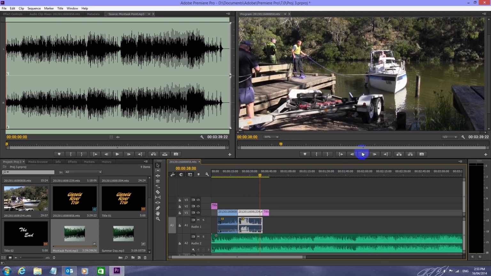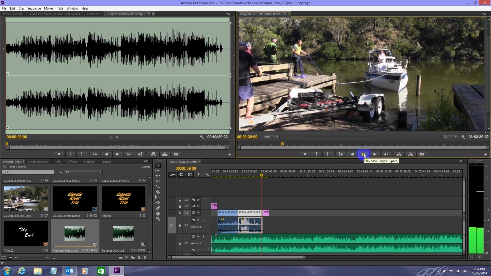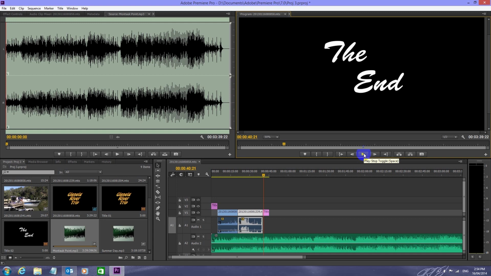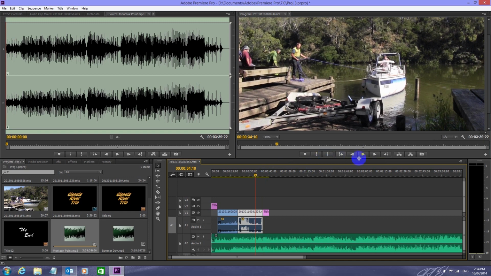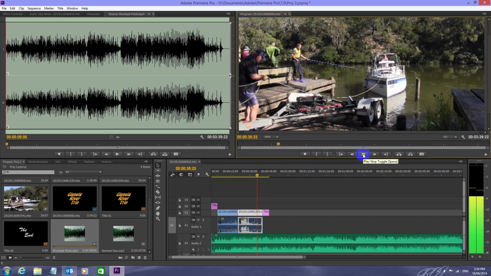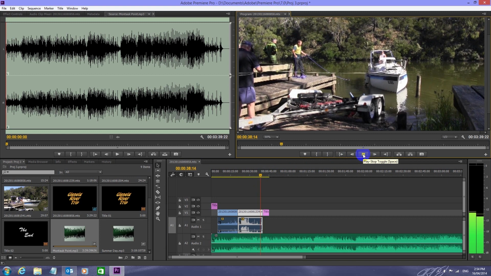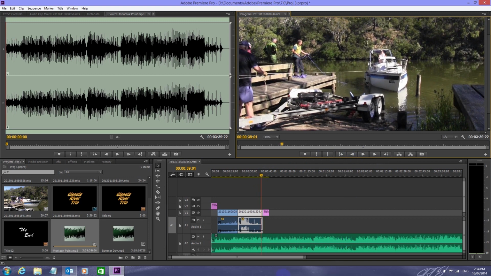So we'll just get up to here somewhere, towards the end of the video. And that's just already into the end. I'm going to add, I've just played that towards the end of that video. I'm going to come down here to this keyframe button. Again, I've got to select this audio track first so that it's white and selected. Now I can add a keyframe there, and you'll see a little dot, little circle appear on that